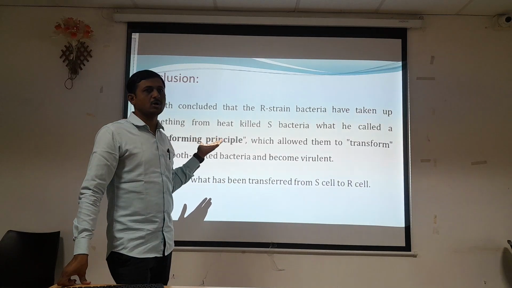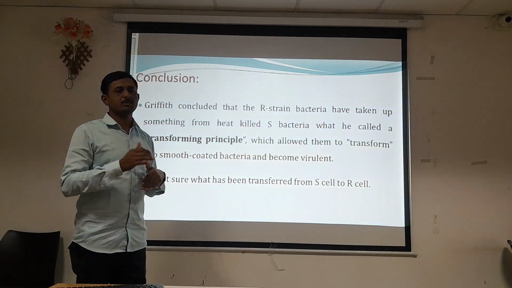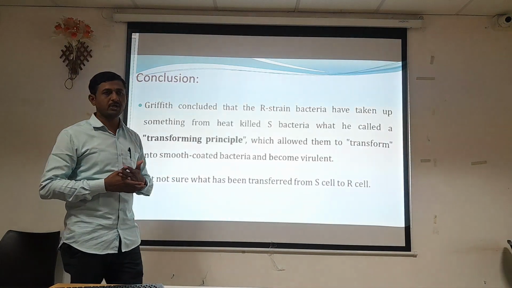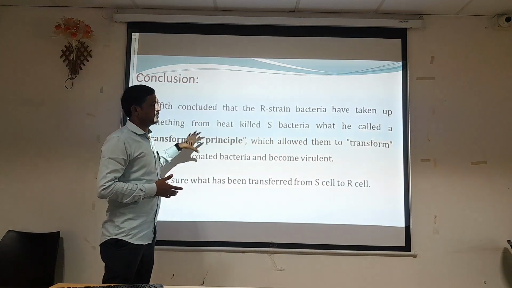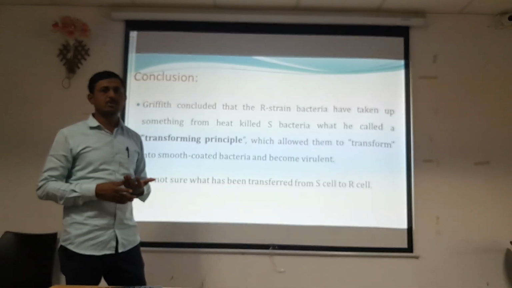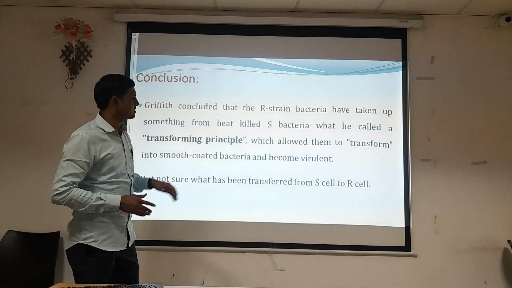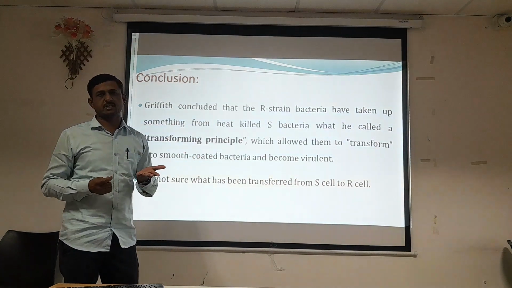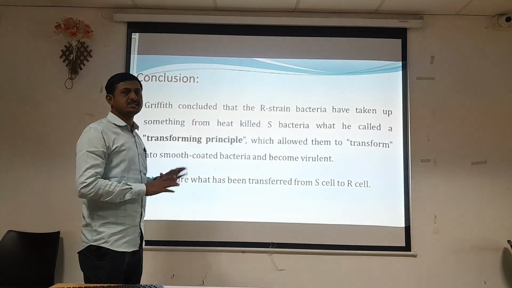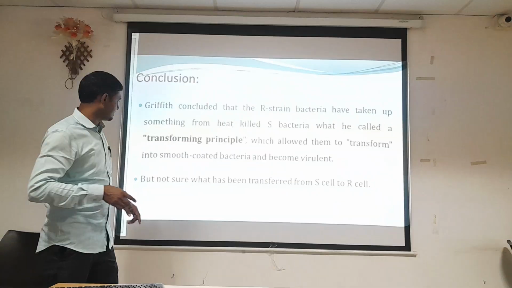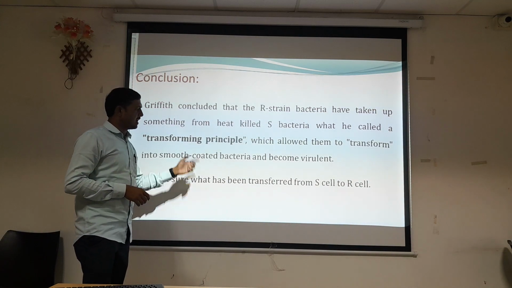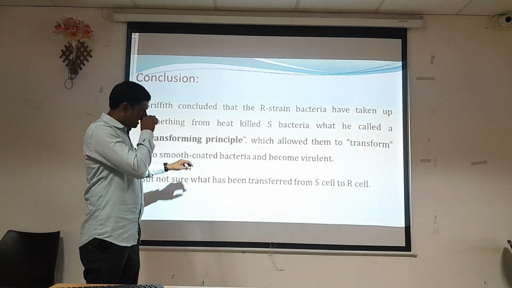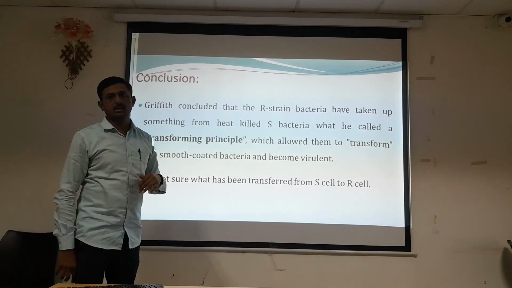It causes an ill effect to the mice, and R type of cells are now converted into S type of cells, which are virulent and cause disease to the mice. So something is transferred, and that transforming matter is called a transforming principle. Whether it is DNA, RNA, protein, polysaccharide, or something else, something is transferred from S type of cells to the R type of cell, but it is not sure what has been transferred. He said something is transferred, but he